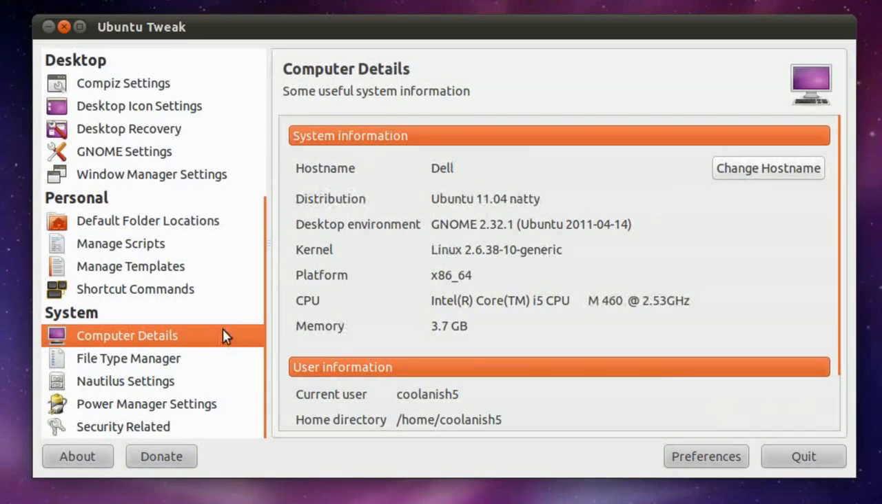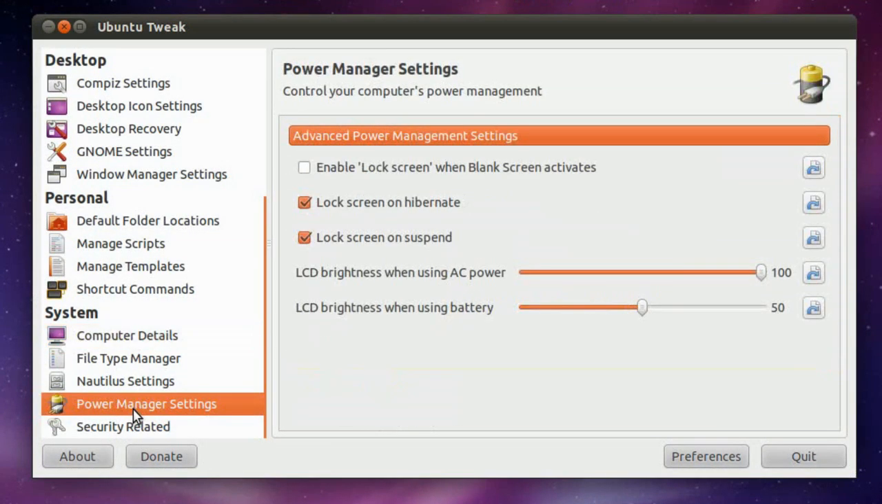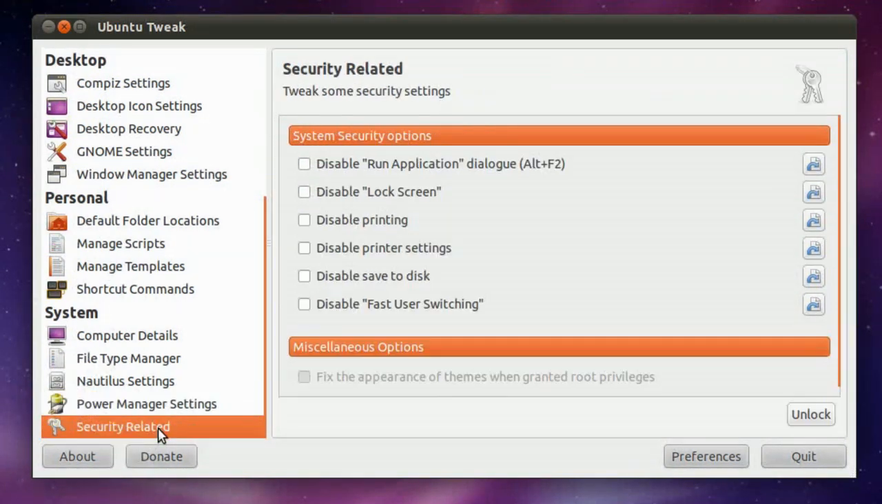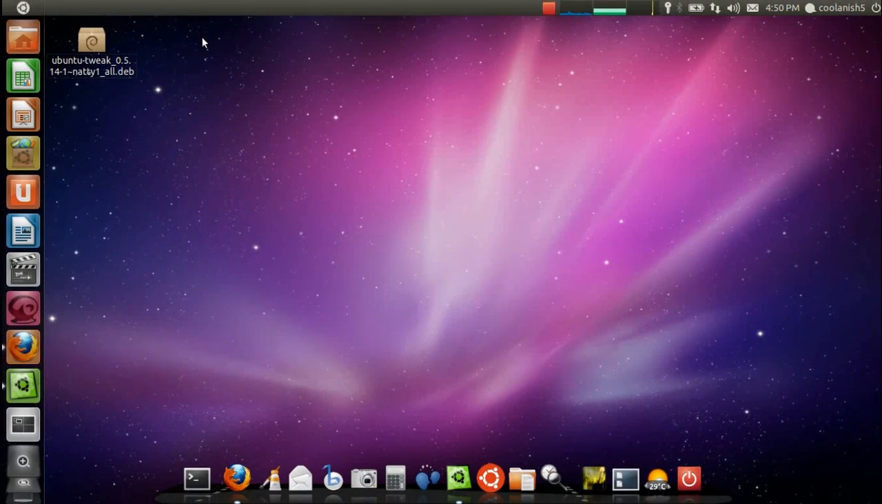Company details, if you want to change the host name, and the power manager, and those are all the basic stuff, security related and all. And that's it for this video on how to recover